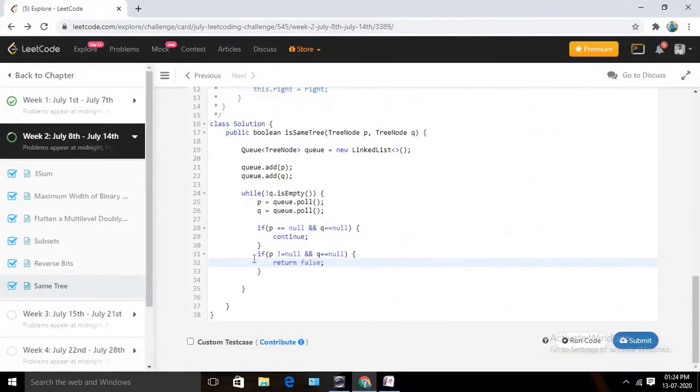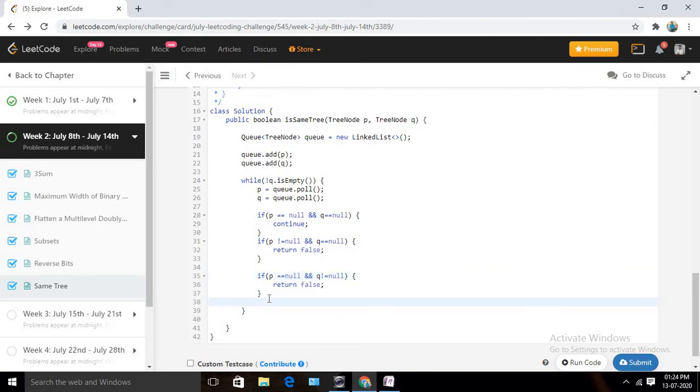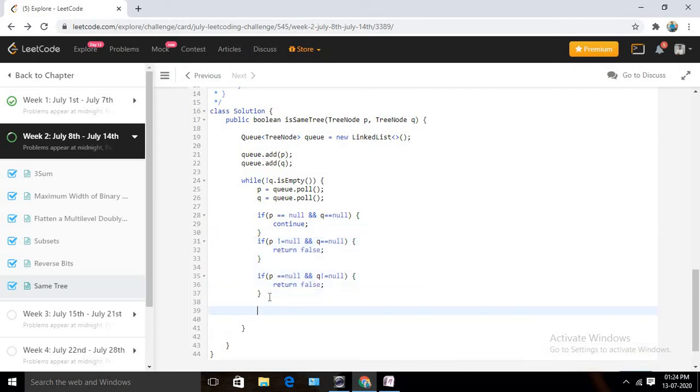Similarly, we need to write the same for q also. So if p equals null, the first value is null but q is not null, then again you can return false, right? Now if it is not returning, this condition is passed, then I need to check the actual value. If p dot val not equals q dot val, then I am going to return false, right?